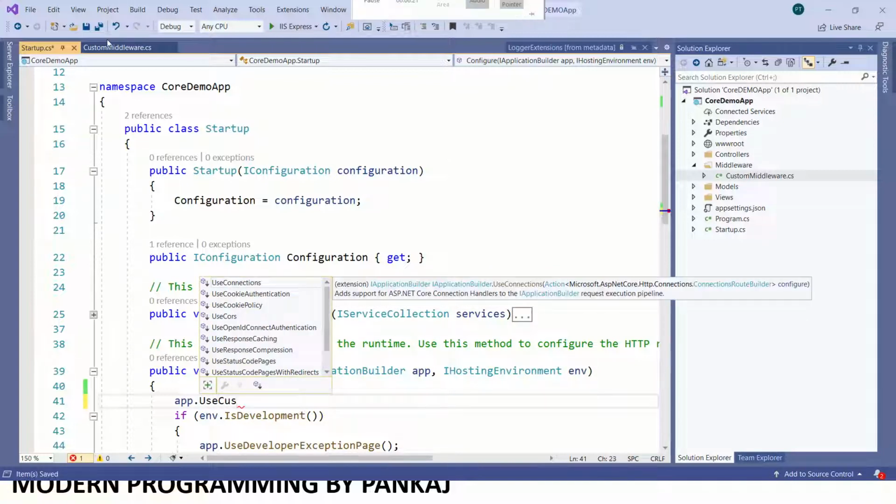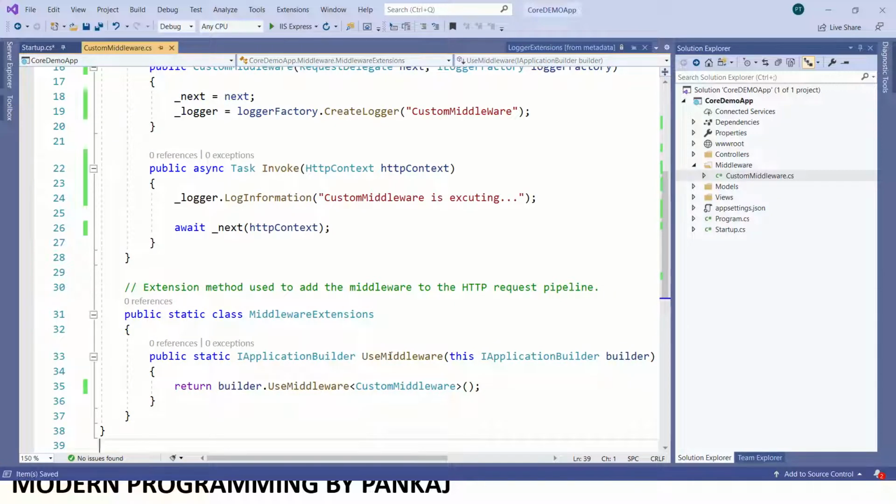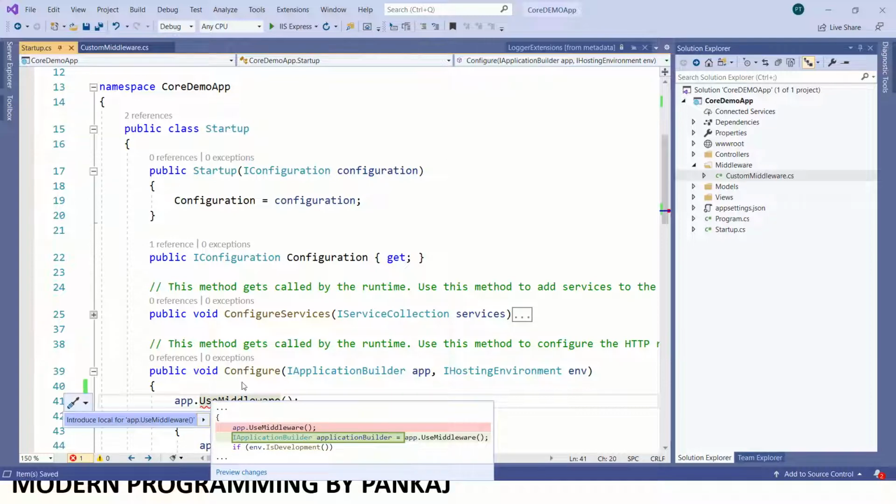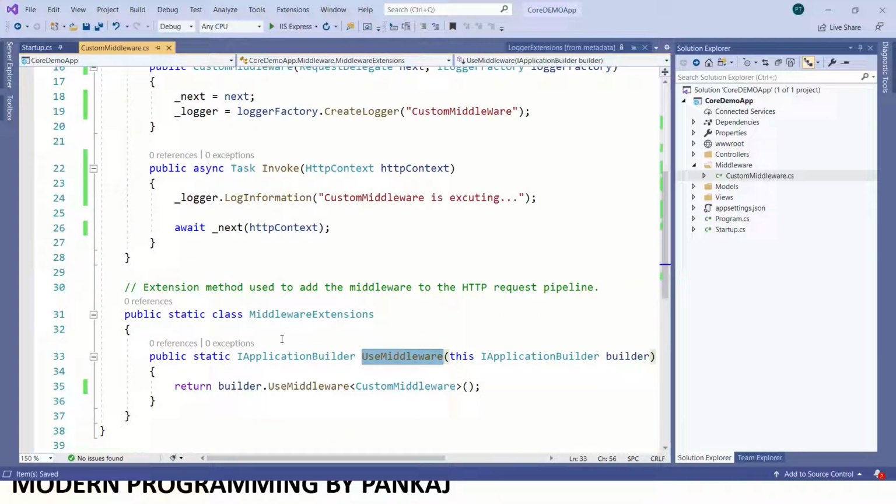See, this is my method, the method which I can use. Now it is not showing, because that namespace is not added yet. So let me change the name of this, and I'll make it CustomMiddleware.